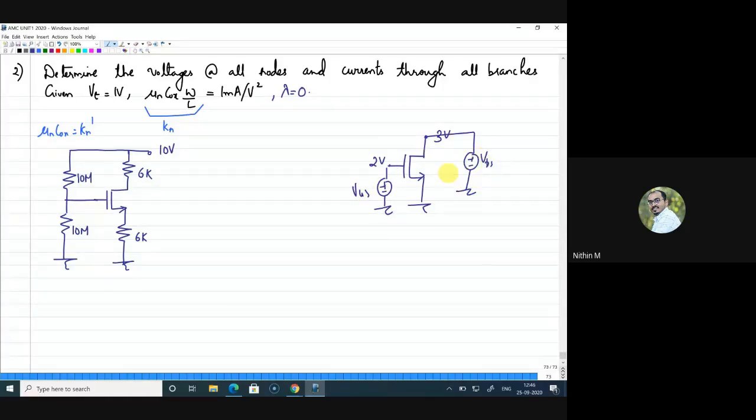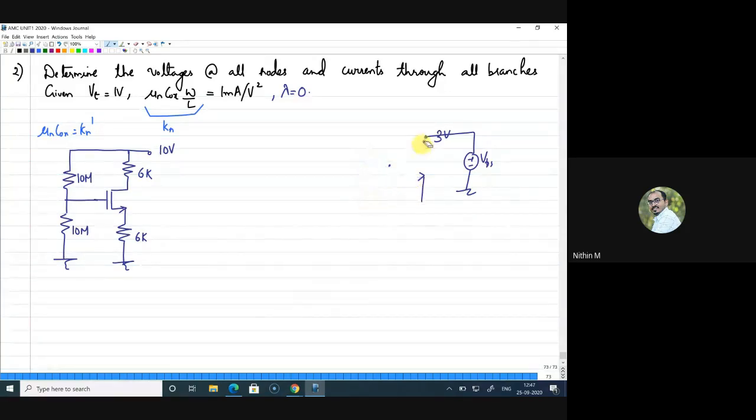We show it pictorially like this, and even in the lab we will use this. But when you go for an IC or make a circuit diagram, we all work from a single supply line. From the supply line, whatever voltage is required inside a particular circuit, I have to derive it. That is why we use a biasing circuit. What does a biasing circuit do? It helps obtain suitable voltages to bias a device, so that the device operates in a particular region of operation. I hope that is clear. We will look at this kind of biasing.